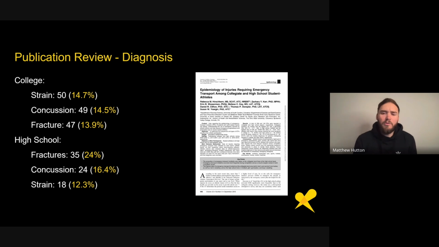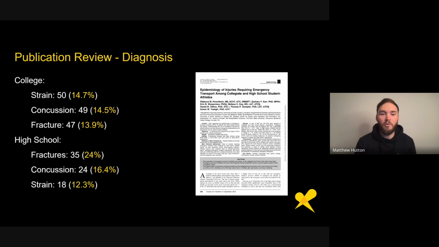The end of the paper was kind of interesting. They talked about the overuse of EMS and how the burden of athletics drains the resource for the rest of society. I found it weird but interesting that there are so many mismanaged ETIs, for example. They talked about the strains for the C-spine. If we're sending all these people via EMS with just a C-spine, or not a C-spine, but a neck strain, for example,